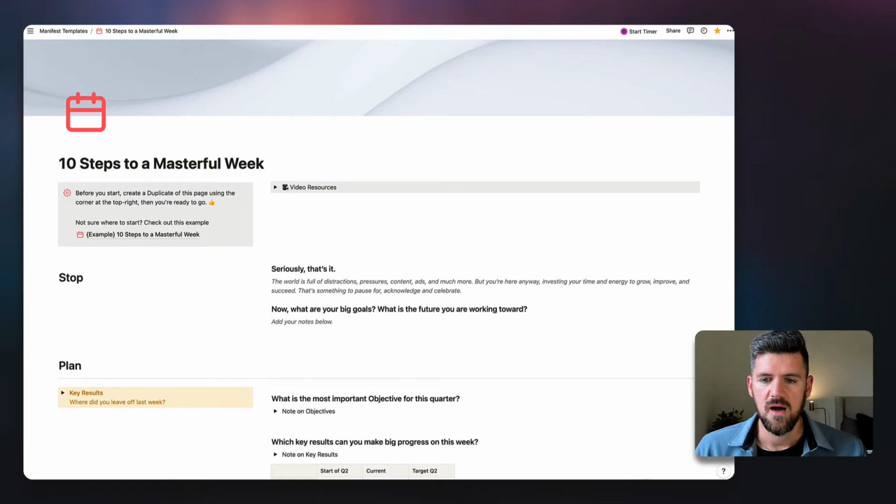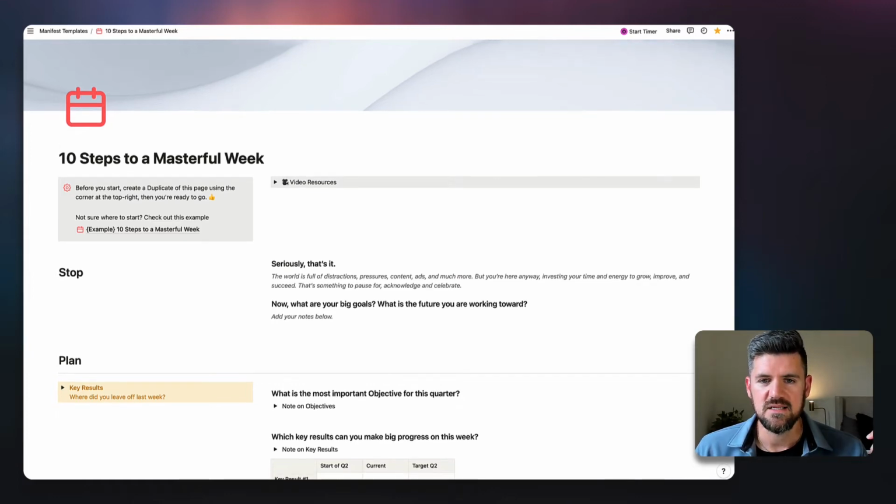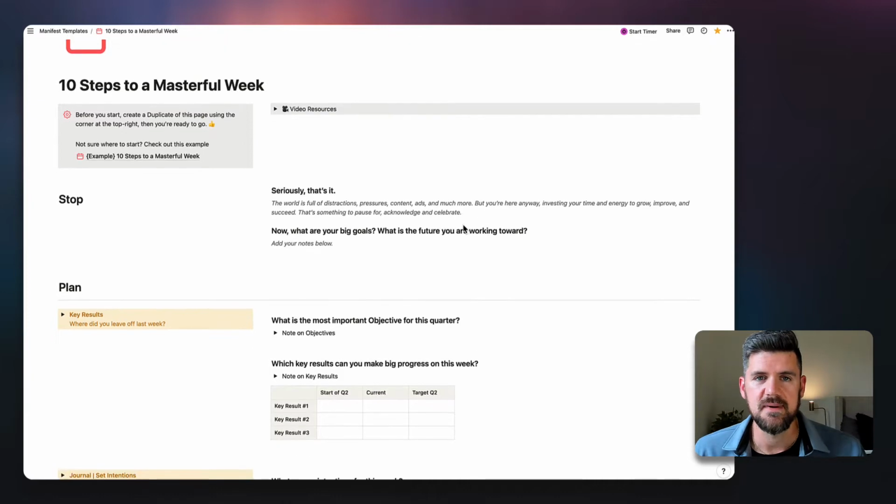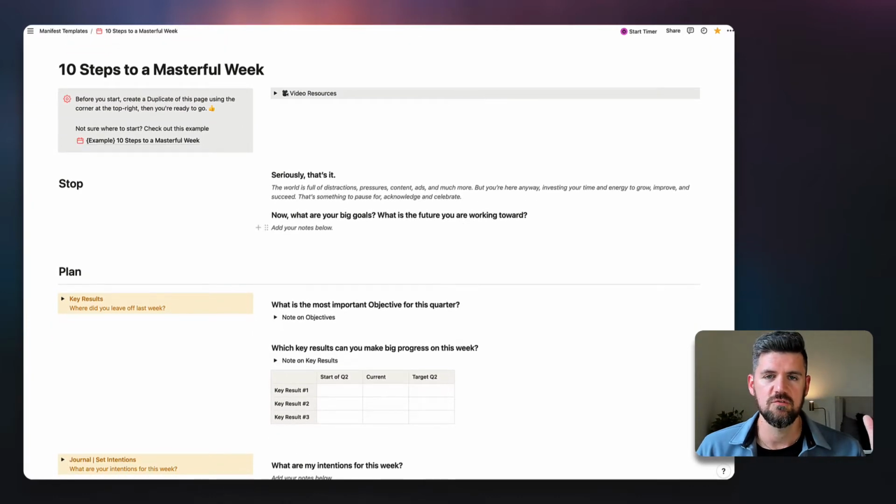So when we get into what makes a masterful week, the first step is stopping, pausing, taking stock of where we're at. It's the beginning of quarter two. Maybe we set up goals at the beginning of the year, and some of those we are working toward, and maybe others we just lost interest in.